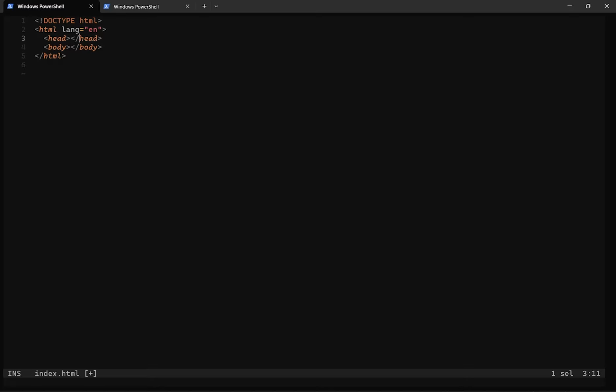Okay, so the head is just some metadata. I'm going to include a title, chess game, and I could also include some other things. I can include a meta tag. Let's do that. So meta